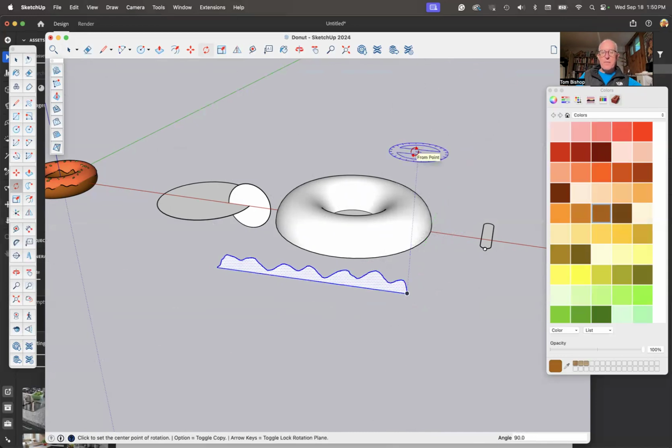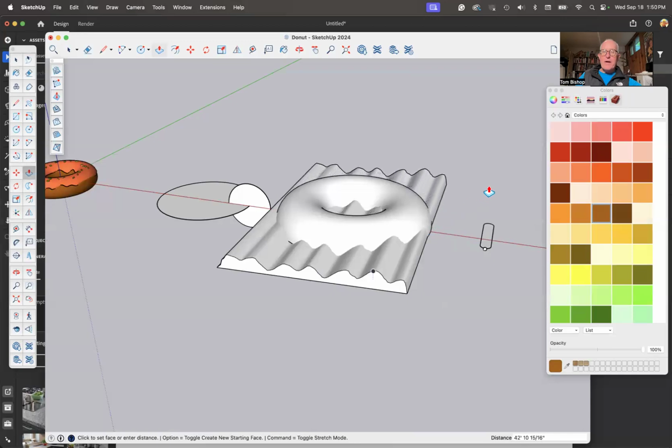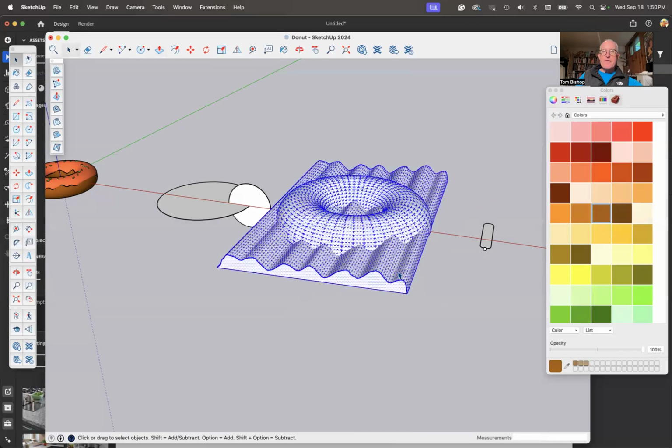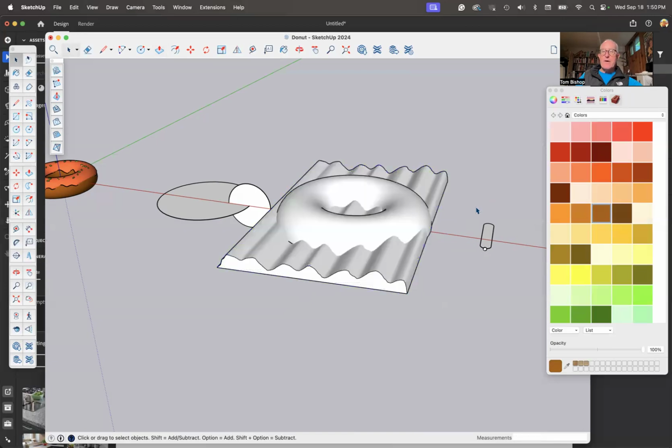90. There we go. Then, this is so dumb. Push pull tool and grab that shape and go right through your frosting. I can still, oh no, I can't grab that anymore now. It's all one big thing. That's okay. So now what I'm going to do is grab this, select through there, and then as you well